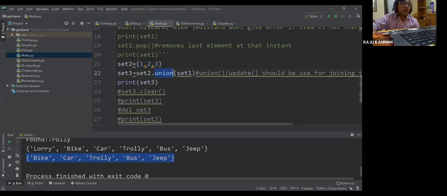So now I want to generate a new set called set3. How will the new set be generated? set2.union(set1). Actually, what the union function will do, generally in mathematics, union will be there.